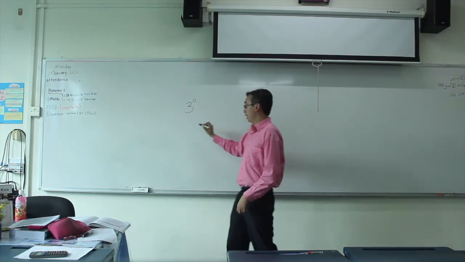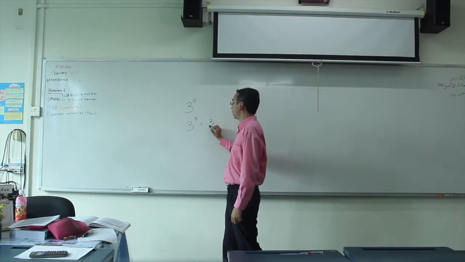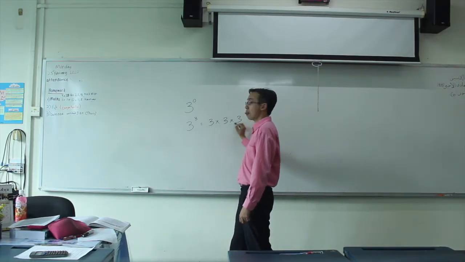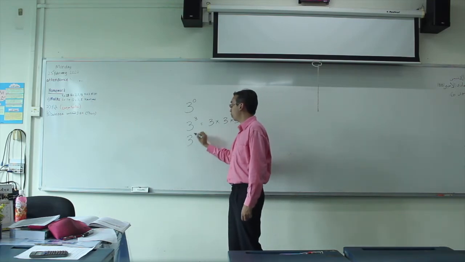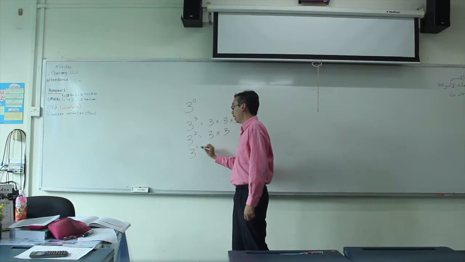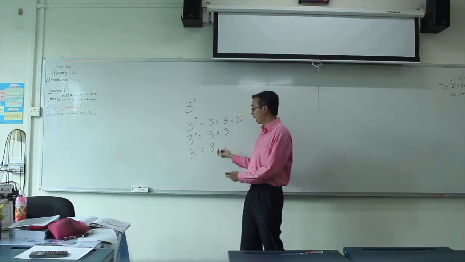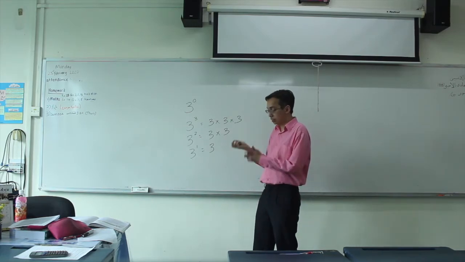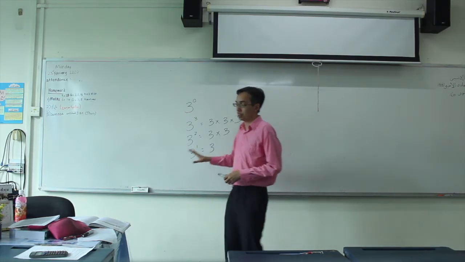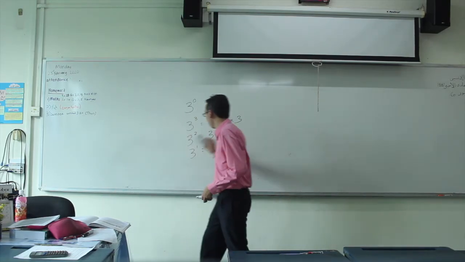If we start with 3 cubed, we know it's 3 times 3 times 3. Then 3 squared, we know it's 3 times 3. And then 3 to the power of 1 is just 3. But what happens if 3 to the power of 0? What number do we put? It's kind of confusing, so we cannot work with this. So what we need to do is